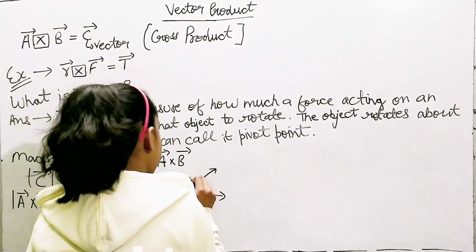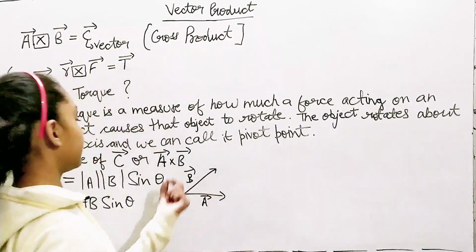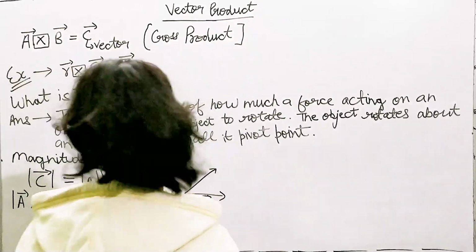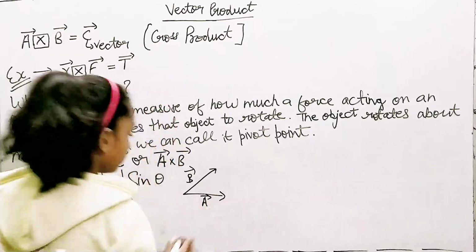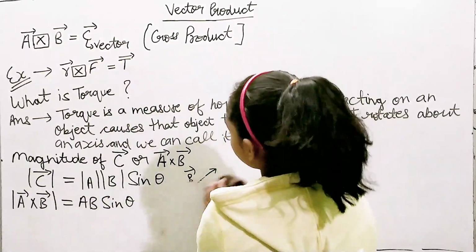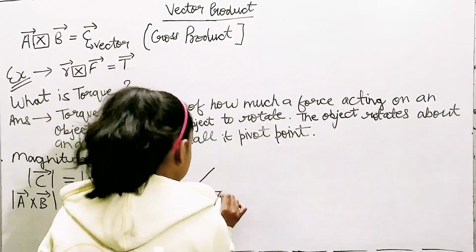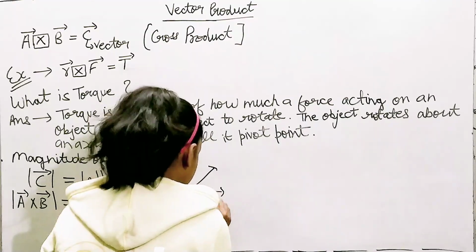So this is our vector B. This is our vector A. This is our vector B. This is our vector A. Got it? And what we are going to do now is find where our theta is. Where will our theta be? Our theta will be